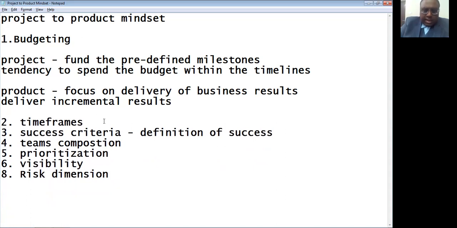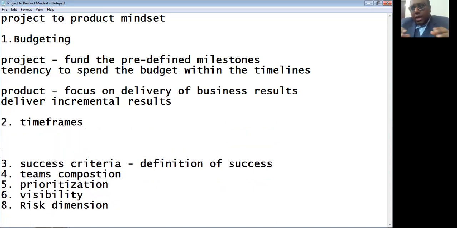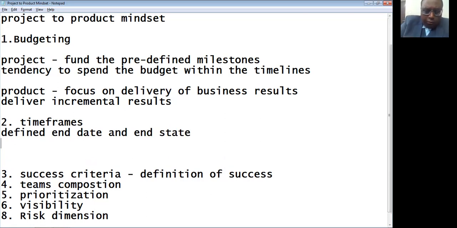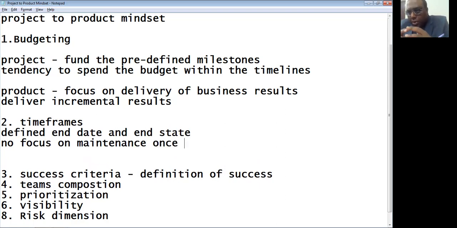Now let us go to the time frames. Generally in the industry, if you take a project approach, by definition the project has a defined end date, followed by an end state. There is no focus on maintenance activities or continuous upgradation once the initial project ends, or rather the first cut of the project is completed.